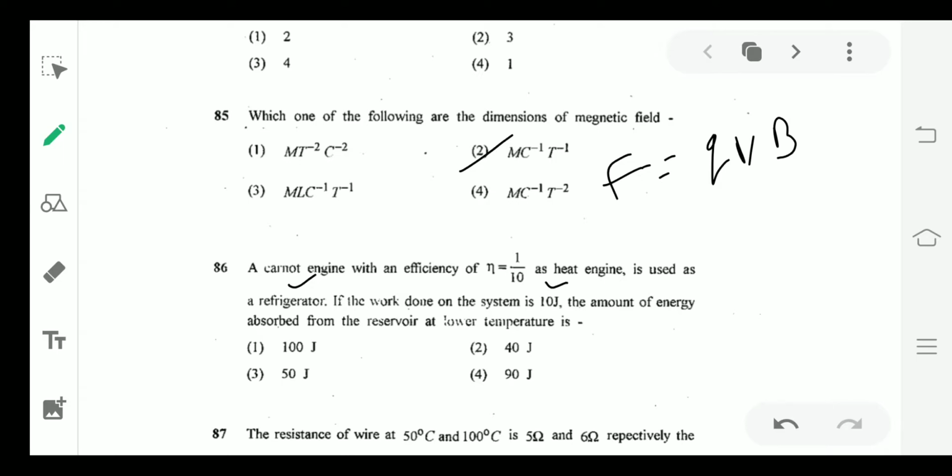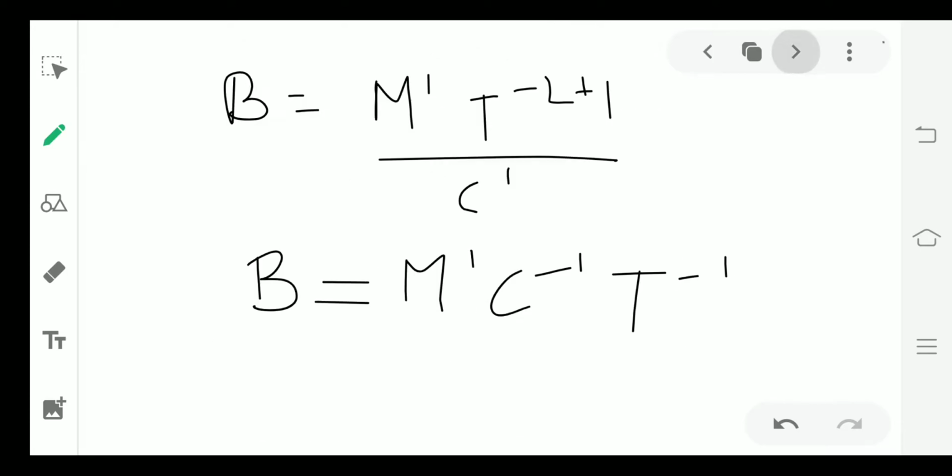Work is 10 joule given, and efficiency is given, and the amount of heat absorbed at lower temperature we have to calculate. So the formula is